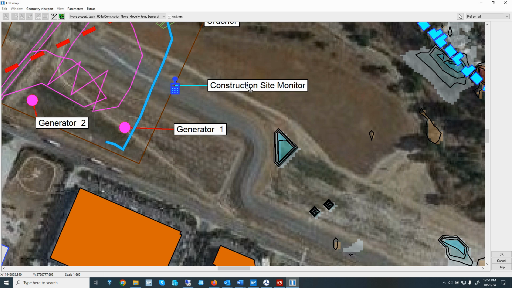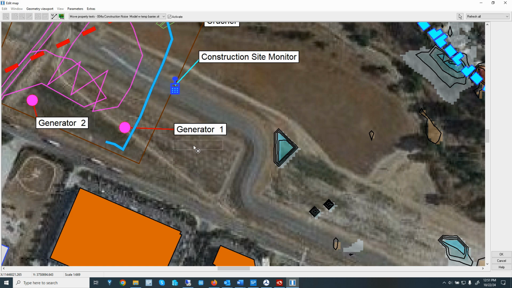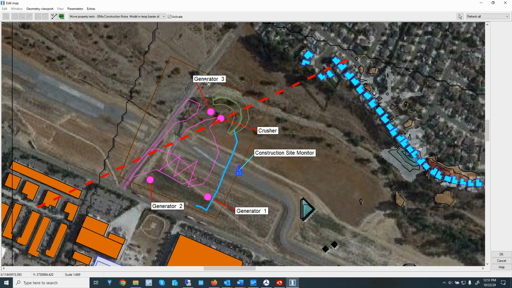So here we can move that around, and you can see there's this line here that we have from the text to the object, and that gives us basically a reference. Okay, this is generator 1, that's this point source. Here's generator 2, that is this point source, right? Generator 3, that is this source, or the crusher.